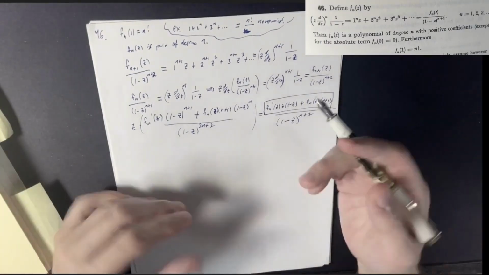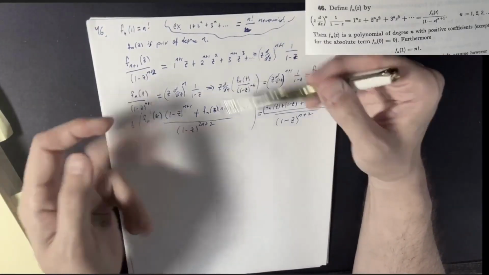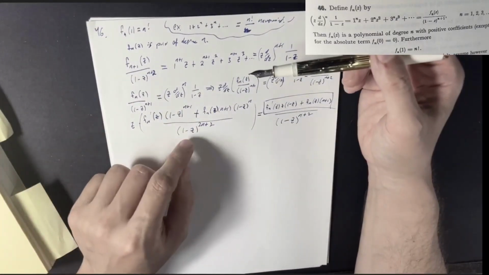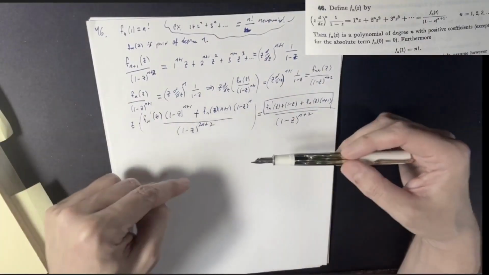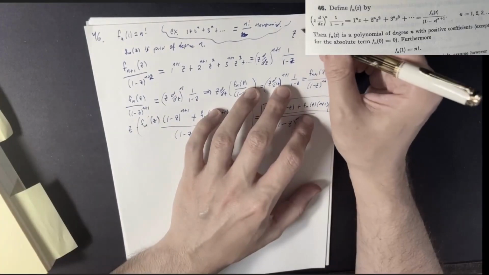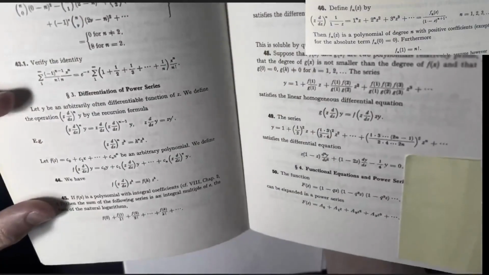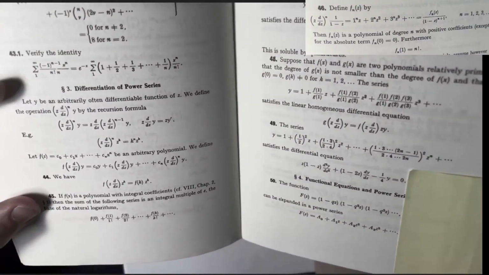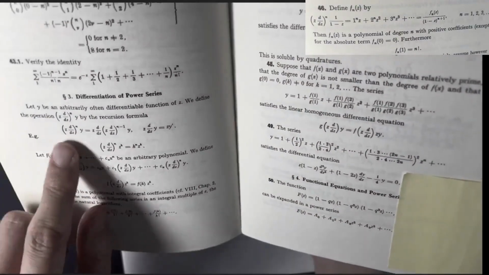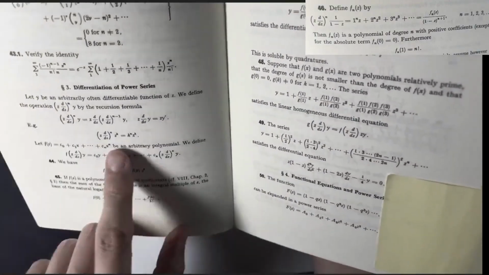So what I was supposed to do to answer 46, the smoother way, is to just do what I just did. Look at the base case, take a derivative. When I say derivative, I mean this weird derivative operator z d/dz that we're talking about. That's what this whole section is about. I'm on chapter 3, differentiation of power series, where he introduces this z d/dz operator and points out basically